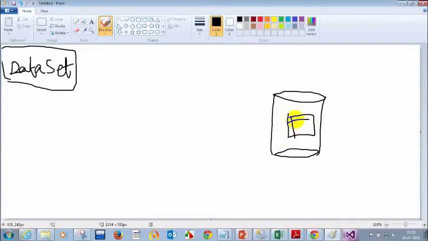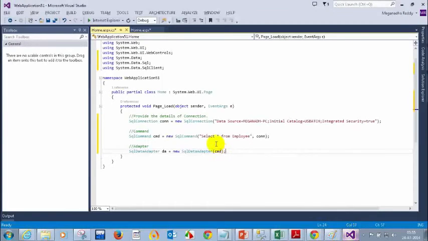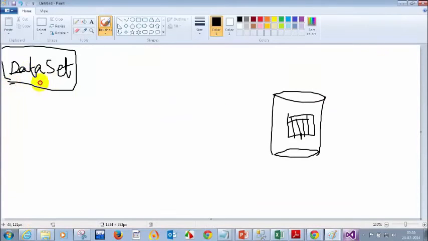See, from the database, when you write a command select star from employee, that will return a table. So you cannot store this table in normal data types like integer, float, double, decimal. These can store only small data types. If you want to store a table from the database, you have to create a special data type called dataset. So you will write a dataset object, and the dataset will be filled by the data adapter.